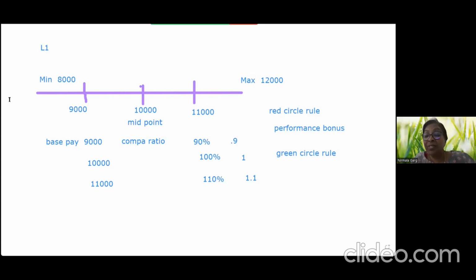Not so much here, but that is why they have stopped asking for previous salary in the US. If you have evaluated him, done the interview thoroughly, and found him fit, you have to offer the salary which that grade permits. You can't say, because you're getting less, I'll only give you 10%, like we do. Hey, what is the current salary you're getting? I'll give you 10%, 15%, you start negotiating. Nothing of the sort. Got it? You can give more than that, but you can't start him at less than the minimum. So this is called green circle and red circle. Is this very clear? Yes. Comp ratio. Now,